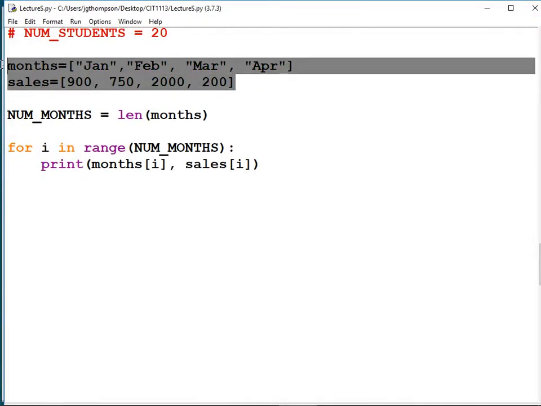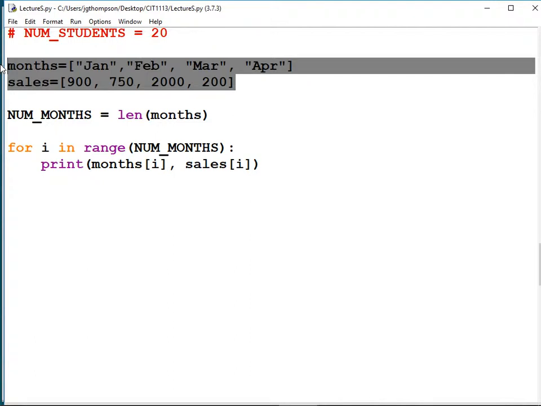This is what's known as a parallel array. Parallel arrays are when you have 2 or more arrays of the same length, where the elements are linked thematically by their index number, by their subscript. Right, so we have 4 months, we have 4 sales. If we went ahead and added all the months to December, we'd have 12 months, so we better have 12 matching sales. So parallel arrays are when you have 2 or more arrays of the same length, where the elements are linked thematically by the index numbers, by the subscripts.